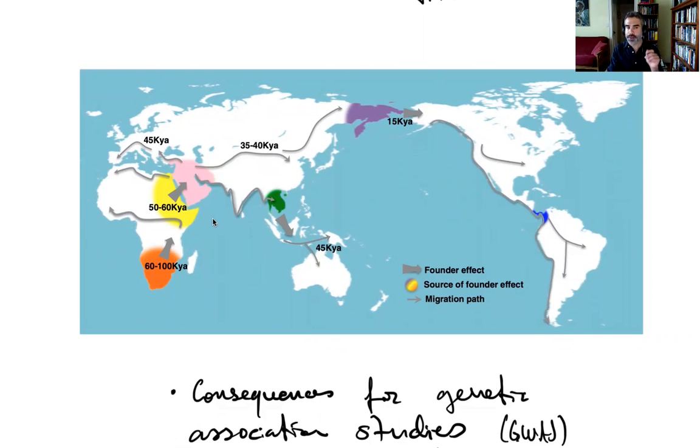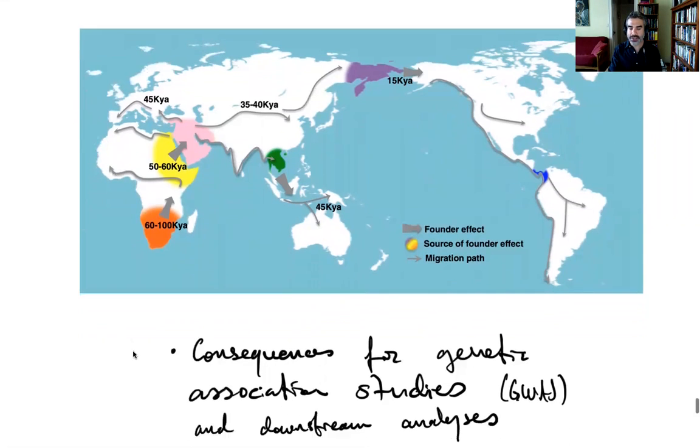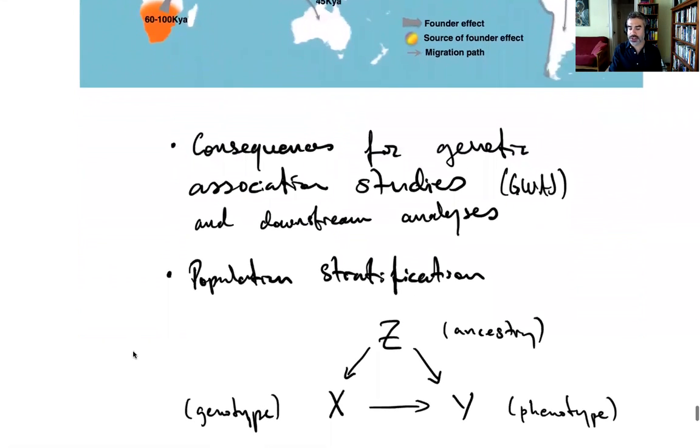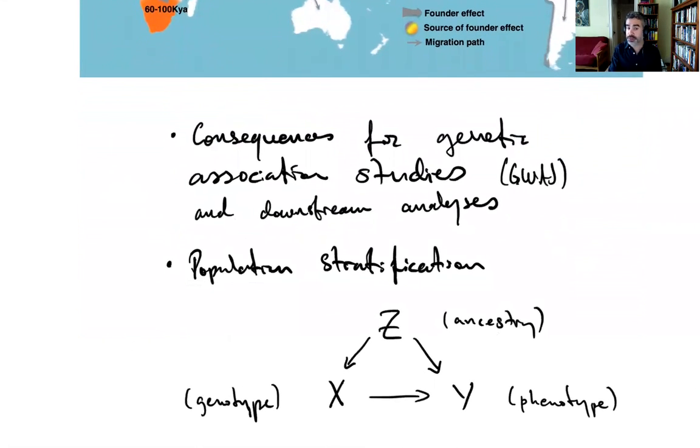If there is population structure, though, then there are also systematic allele frequency differences genome-wide. But that means that any variant that is ancestry informative, or drifted between the two, will appear spuriously associated with the trait. In other words, ancestry Z is a confounding variable, affecting both the genotype X and the phenotype Y, so both the predictor and the response, which leads to genome-wide inflation of association statistics. This phenomenon of confounding due to the correlation of a trait with population structure is known as population stratification. There's actually an elegant